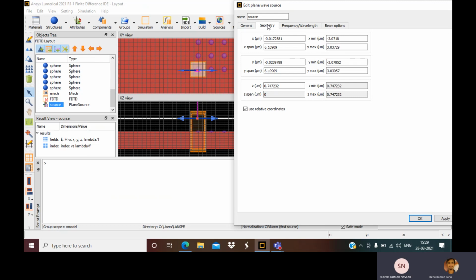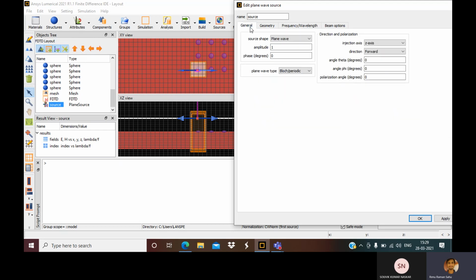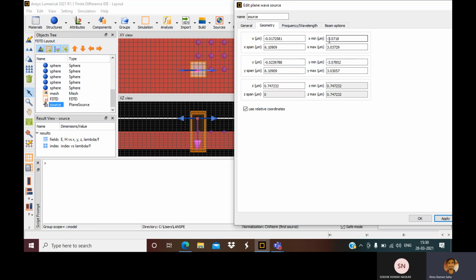What we do is go to the geometry of the source, then general, injection direction, and just put it backward. Apply that.